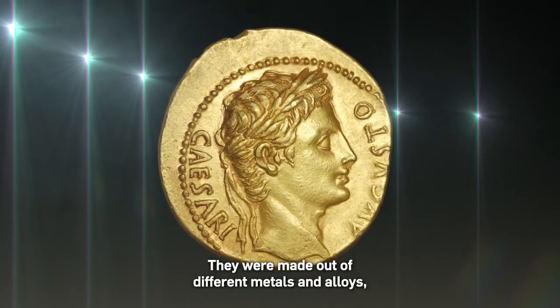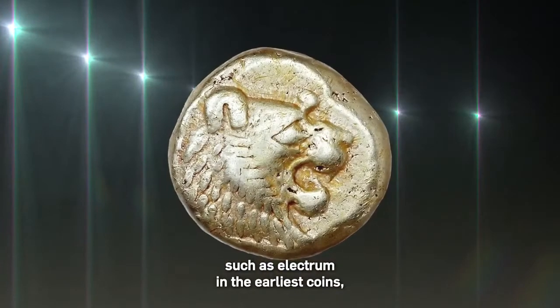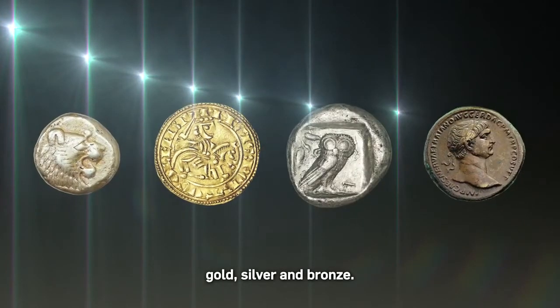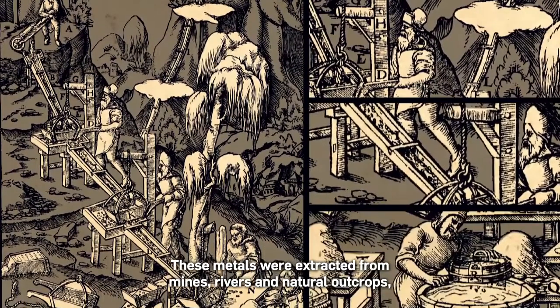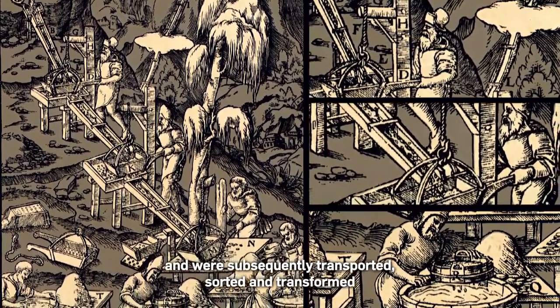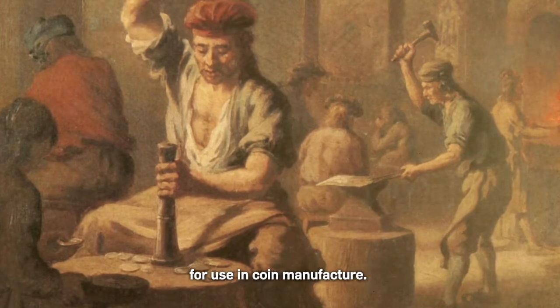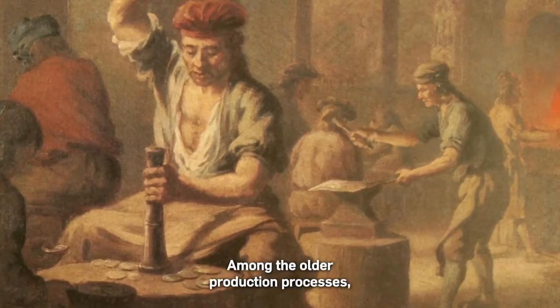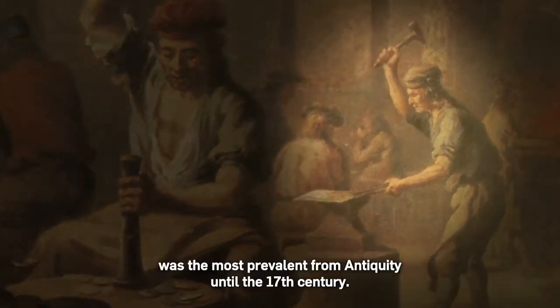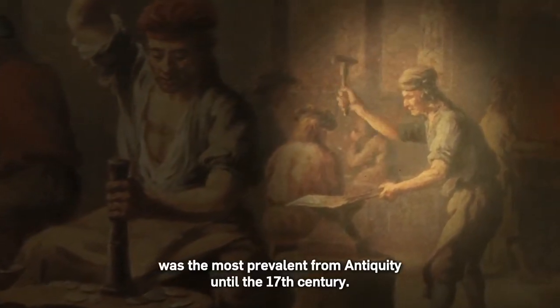They were made out of different metals and alloys, such as electrum in the earliest coins, gold, silver, and bronze. These metals were extracted from mines, rivers, and natural outcrops, and were subsequently transported, sorted, and transformed for use in coin manufacture. Among the older production processes, coining by hammer striking was the most prevalent from antiquity until the 17th